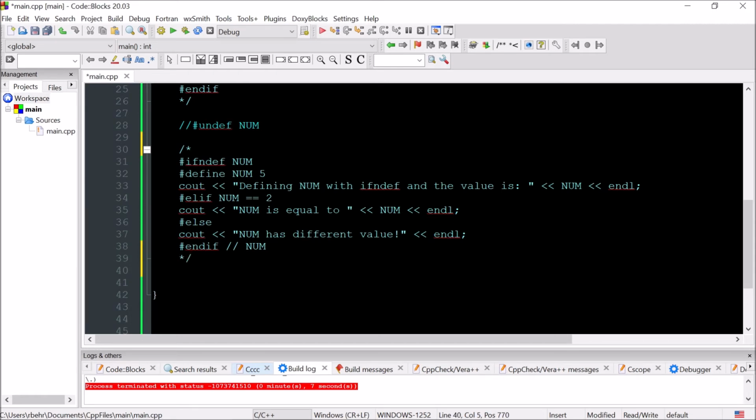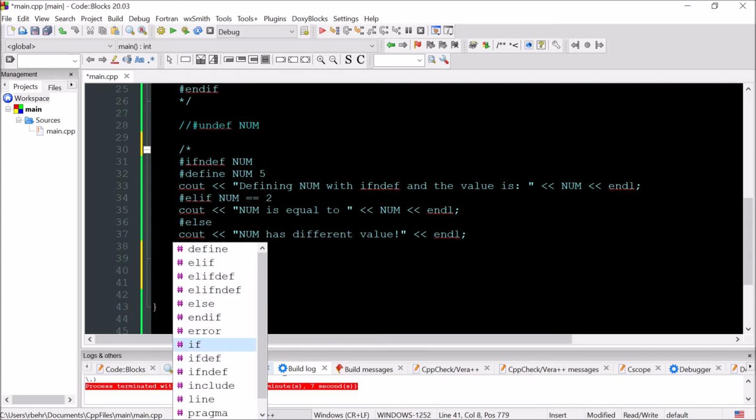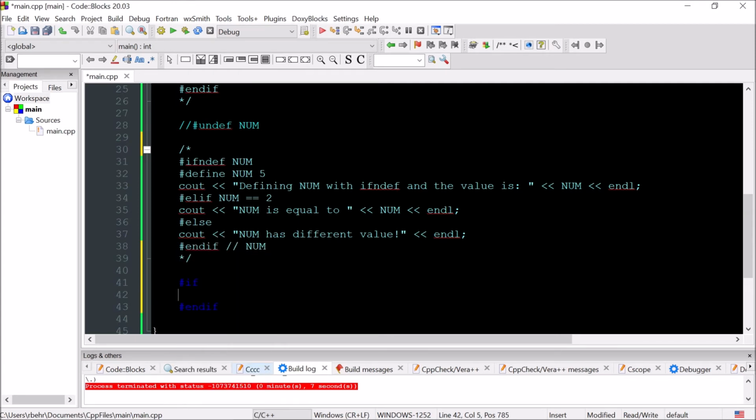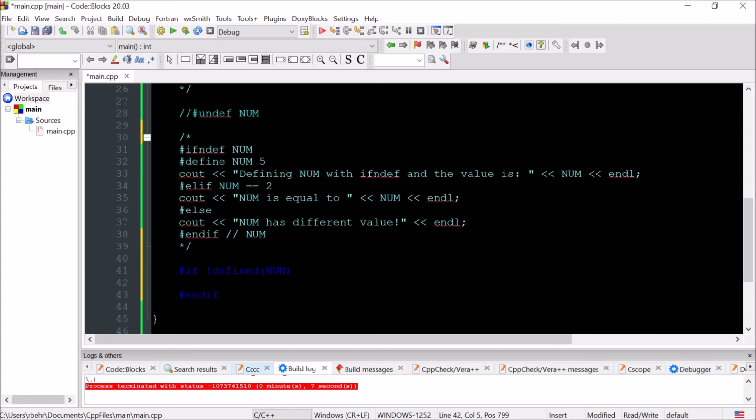What I'm gonna do here, I'm gonna give you one example equivalent to IfNdef. So instead of IfNdef we could use if not defined, for example num, okay, and then cout